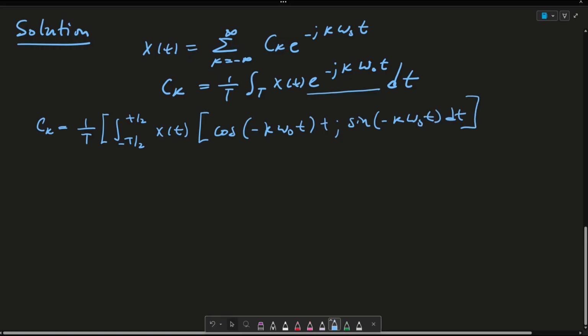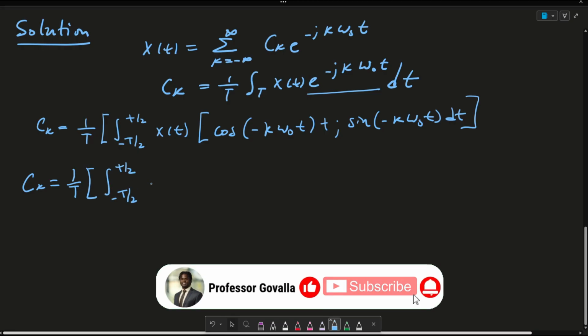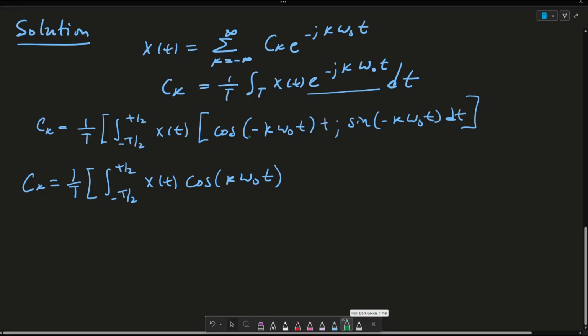So then I can distribute the x of t and the integral. So then ck is equated to 1 over T integral from minus T over 2 to T over 2 of x of t cosine k omega naught t. Since it's an even function, this minus sign can just become a plus. And then we get